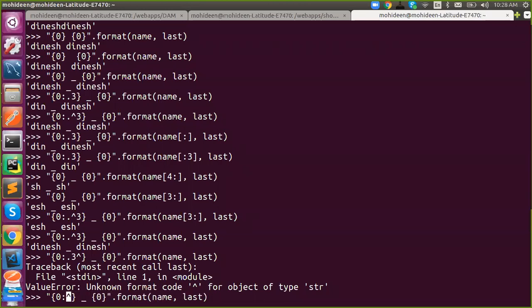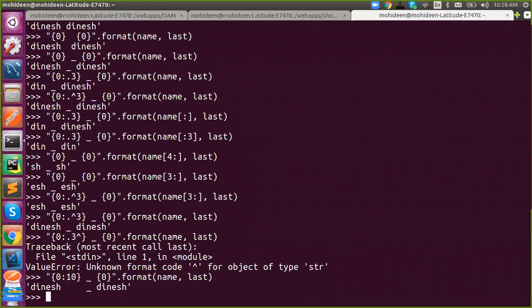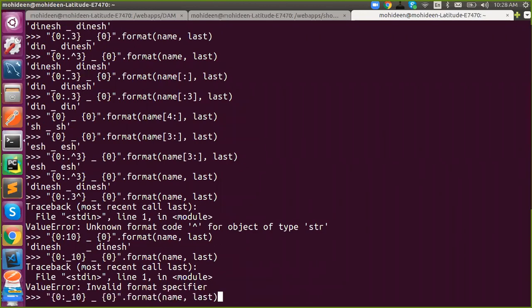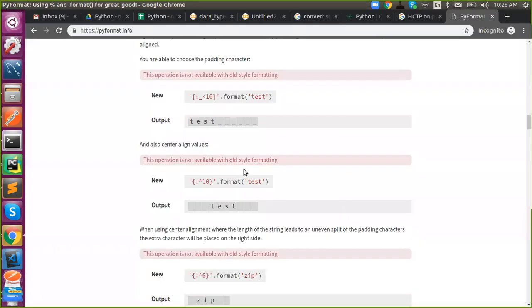Sir, is the old one useful for us? Pardon? The old one, like this percentage s. Is that useful for us in future? Yeah, it is up to you. If you want to create content and the data insertion should be based on a data type, there we can use this.